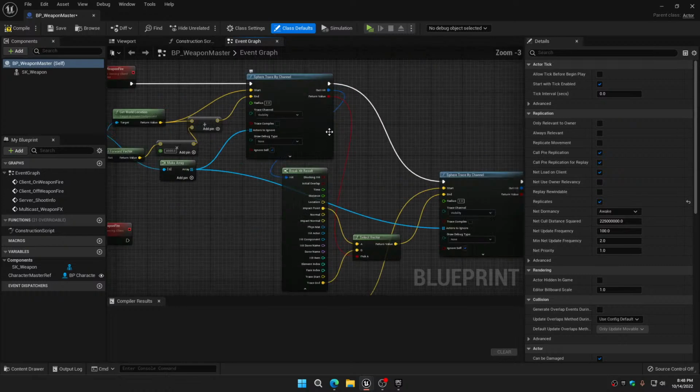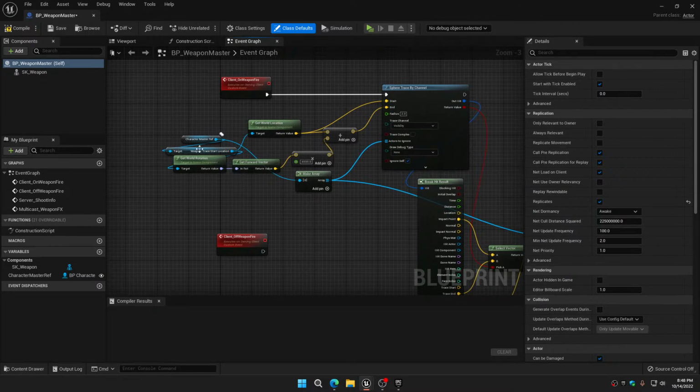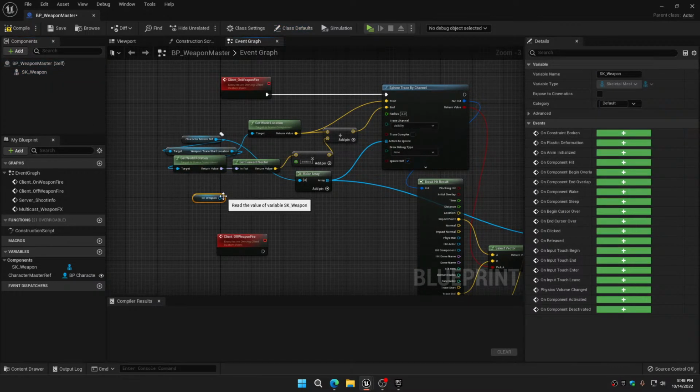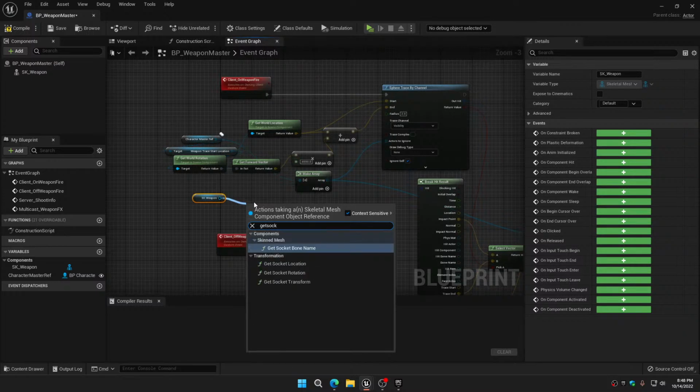Actually, let's just hook this back up and we'll unhook this one. Okay. And what we'll do is, instead of doing the trace from the camera, we'll just get the weapon, right? And we'll say, get socket